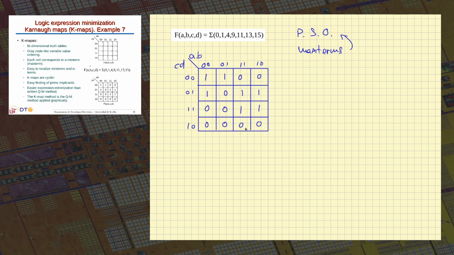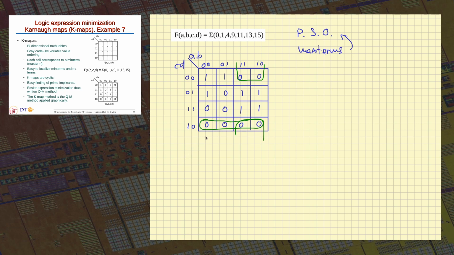Okay, I check again if I have the adjacent implicant. It would be here and here. I don't have it, so I cannot simplify it anymore. This is a prime implicant of zeros. More implicants of zeros. If I start with this 0, for example, this is an implicant, and on the right I have another implicant, okay, of zeros. So all these 4 are an implicant of zeros. I don't have one adjacent on the top, not on the bottom, so this is also a prime implicant